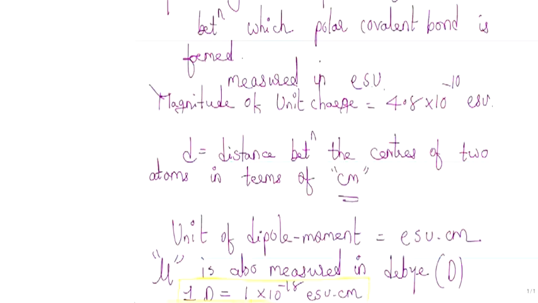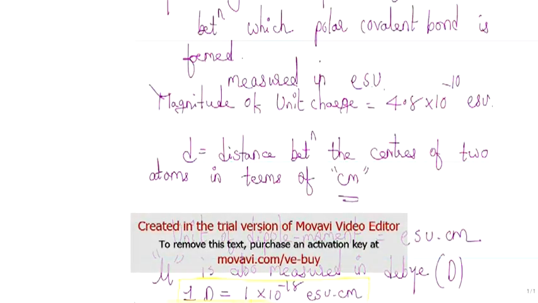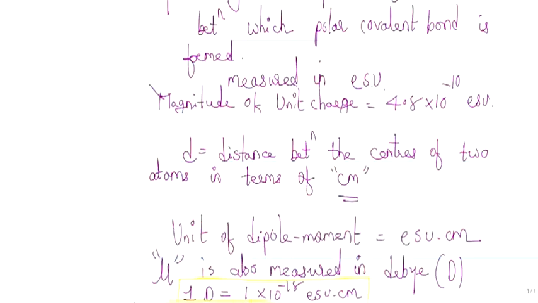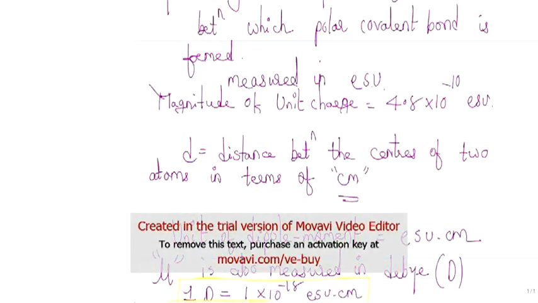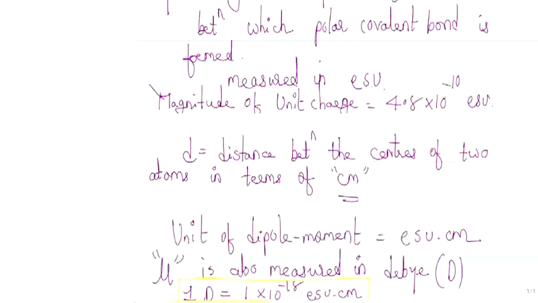The point is, if you have only two atoms with a polar covalent bond in between, then measuring the dipole moment of that polar covalent bond will be very, very simple and easy. However, the problem comes when you have polyatomic molecules having more than one polar covalent bond. For such a molecule, getting the dipole moment of the entire molecule as a whole becomes very difficult. Why? Because